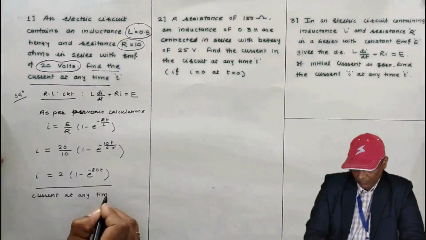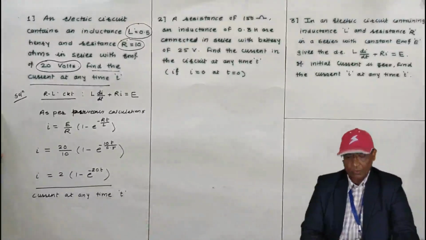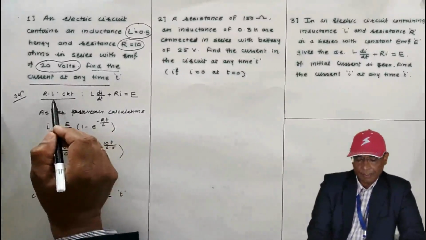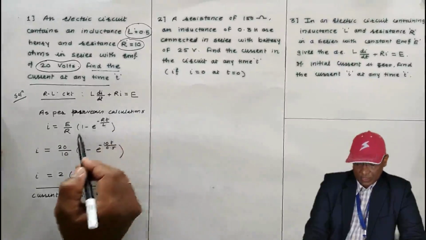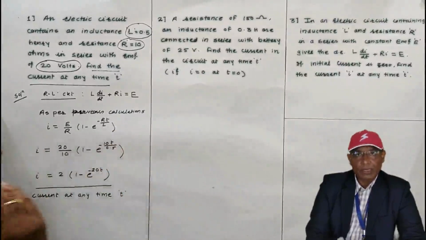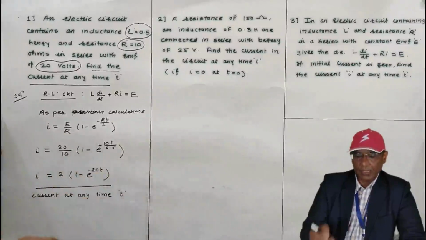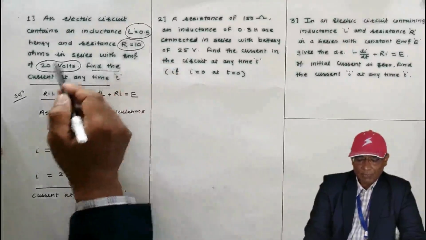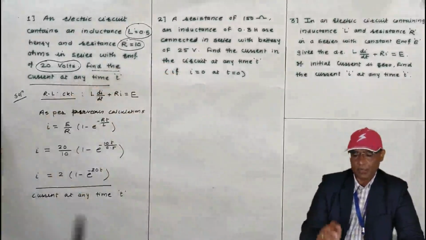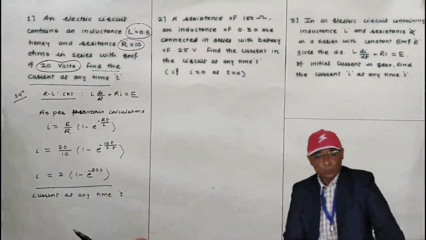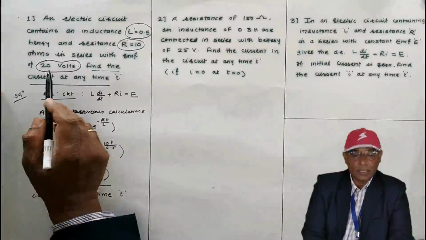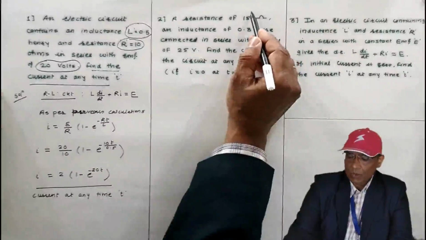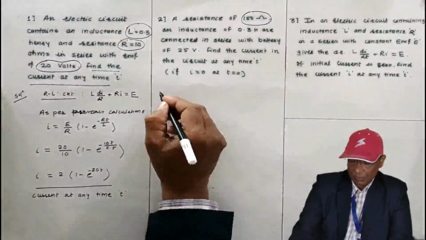This problem we have solved. Once again, you have to write the differential equation of the RL circuit. Then you have to prove this. The proof I have already given, that you have to repeat in the examination. And in the last step, put the values of L, R and E. You may be given different values of L, R, E in the examination, remember. But these calculations are only made for constant E, remember.